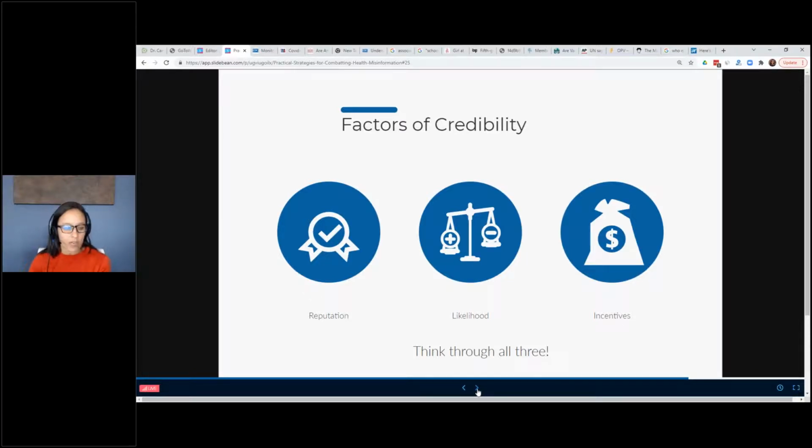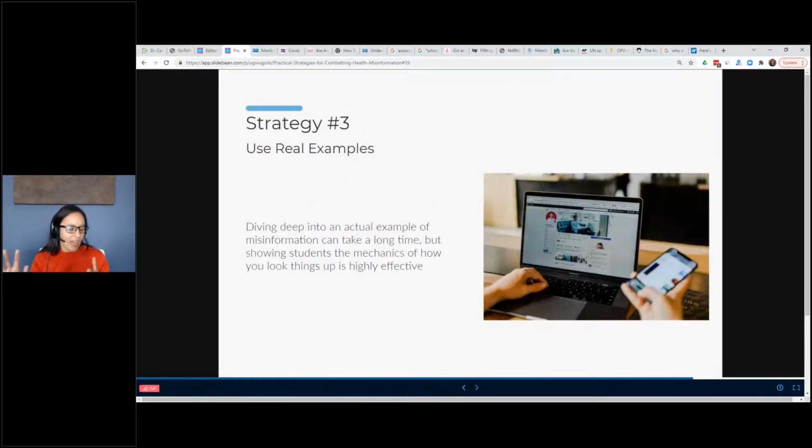And then incentives, right? What are the incentives for the people giving you the information? Sometimes that's ownership, sometimes it's money, sometimes it's power, sometimes it's getting followers on your YouTube channel, things like that. There's all sorts of things that can incentivize people to share information, right? So if you just think about reputation, or just likelihood, or just incentives, that will often not give you the complete picture. And I'm going to have to move on because there's so much more I can say about that, but